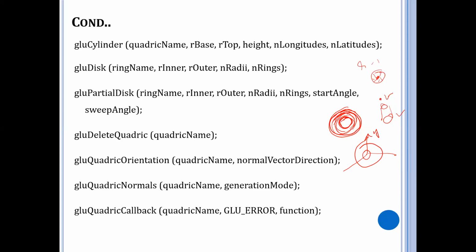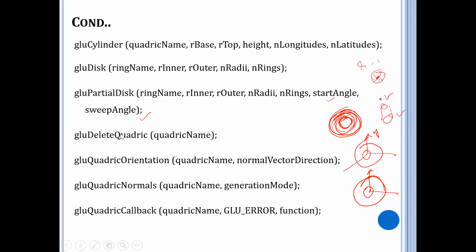Next, the sweep angle designates an angular distance in degrees from the start angle. That means you have this disk, let's say this is my y-axis. At some point it says I need this disk representation from this position. Initially it starts with start angle, so that gives my initial position. But what portion of the disk I want, let's say this entire portion of the disk, is designated by this sweep angle.